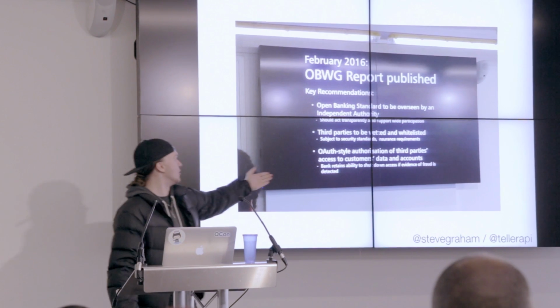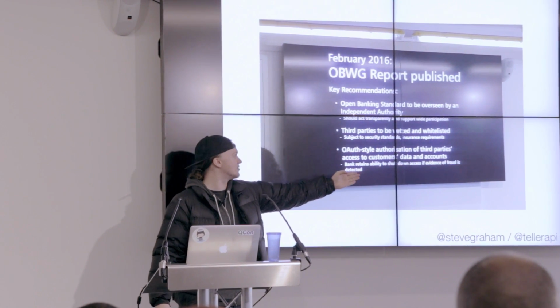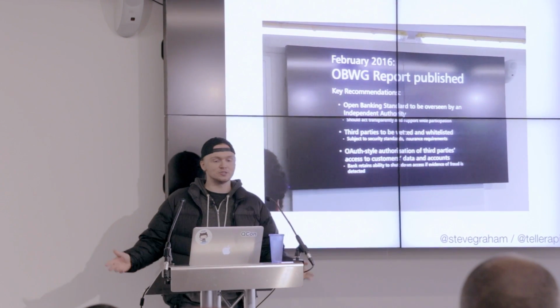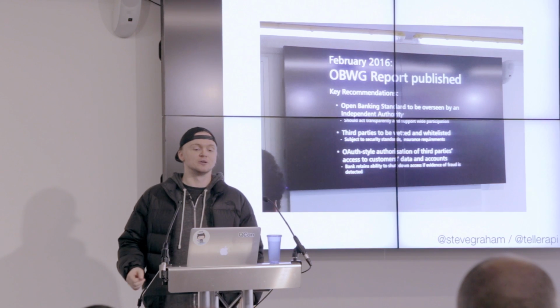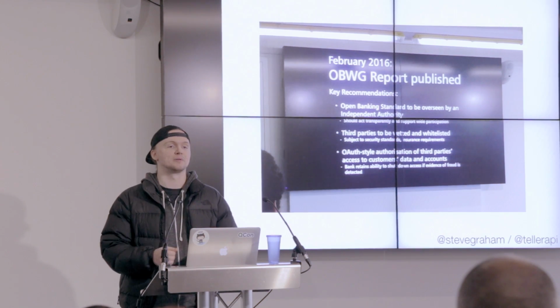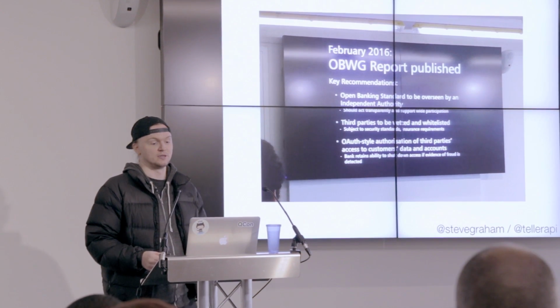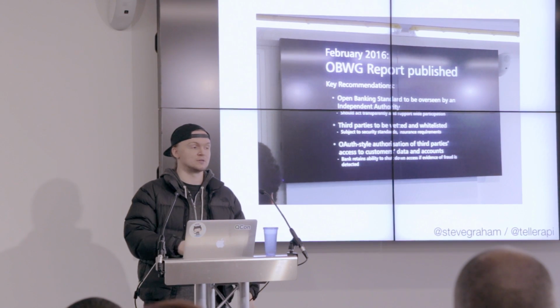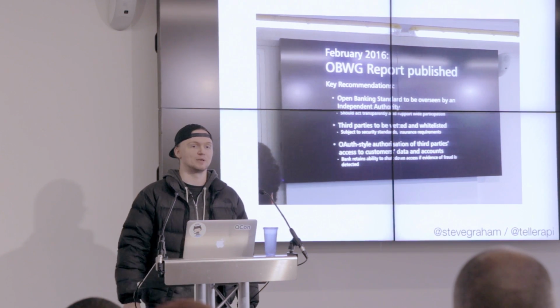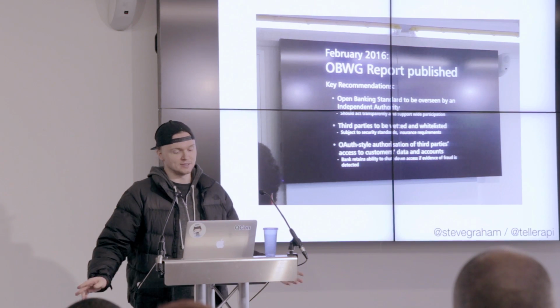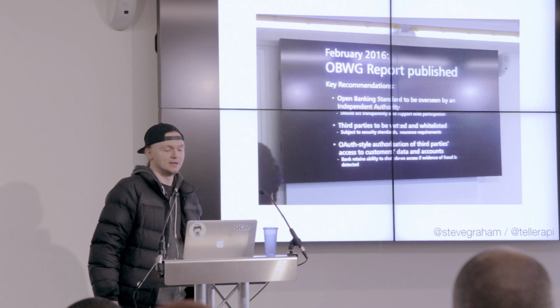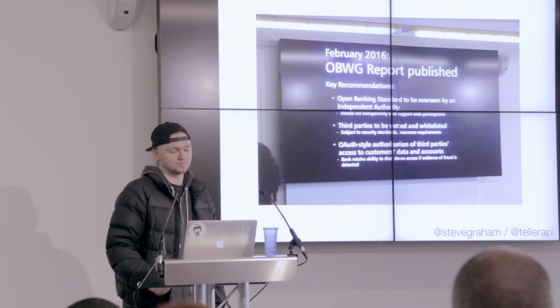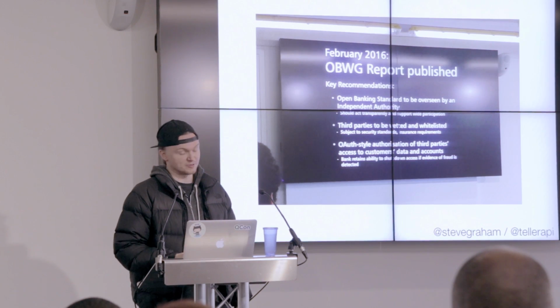And the third one, banks retain the ability to shut down access if evidence of fraud is detected. Where's the burden of proof? Who's the burden of proof on? So if I've made a banking app that is threatening your business model, whoa, sorry, Stevie, we're gonna yank your developer keys because we detected a bit of fraud there. You can see how opaque this process is, and I don't really think it portends a good outcome.